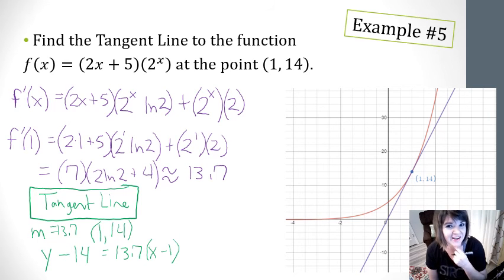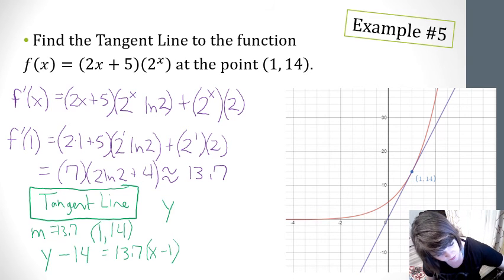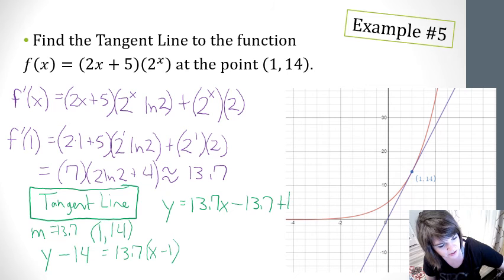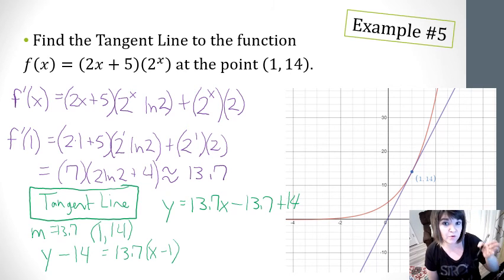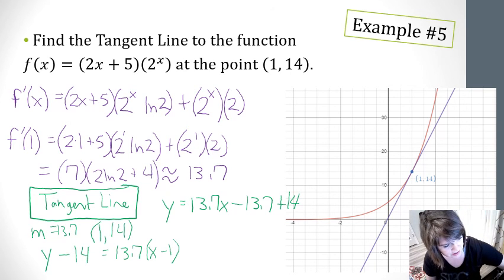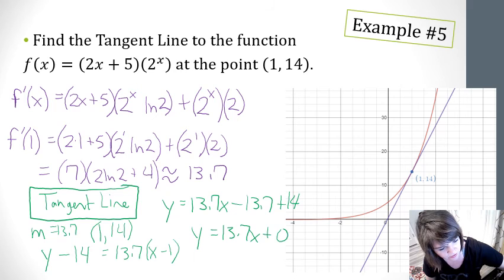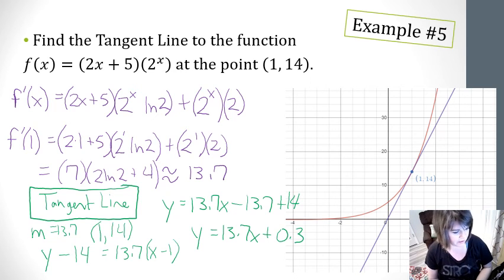Now I'm going to solve that. I don't have a lot of space left, so bear with me. So I get y equals 13.7 x minus 13.7 plus 14. Where did the plus 14 come from? I brought it from one side over to the other. And now when I simplify, I get y equals 13.7 x plus 0.3. And that right there is my equation of my tangent line,